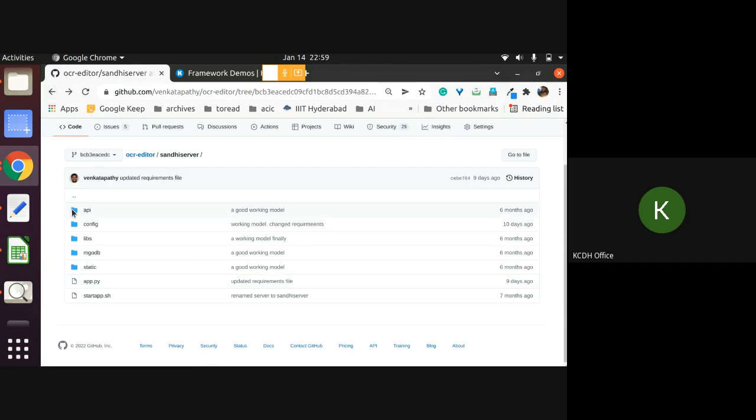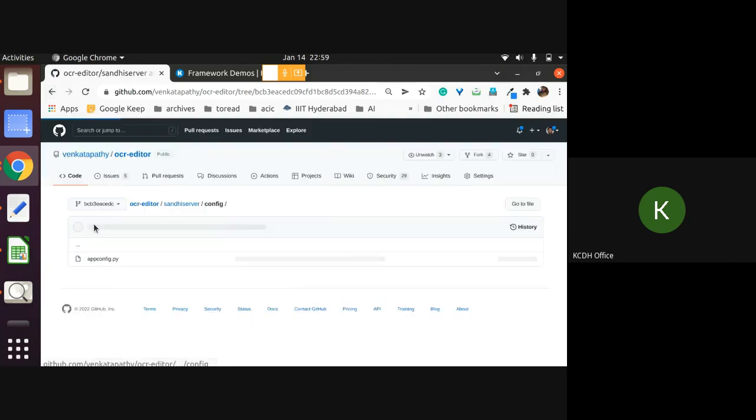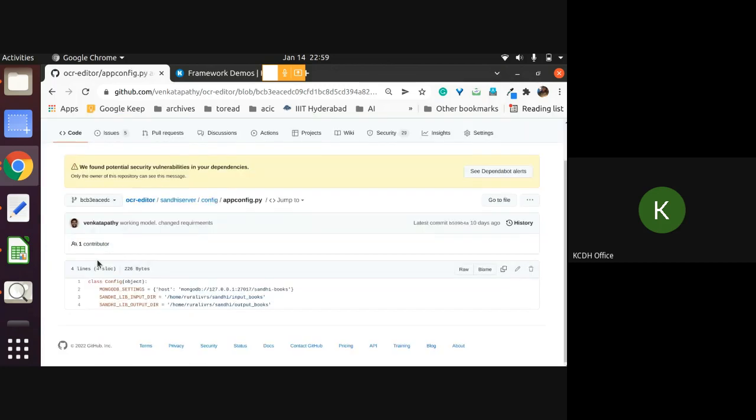Apart from that, you have something called config, which we all know. For Varun, I think this is also given in the installation instructions. MongoDB, and Sandhya, this is where you need to change, right? Instead of Mongo, can we have SQLite, which is a much easier one? You need not. Yes, sir.